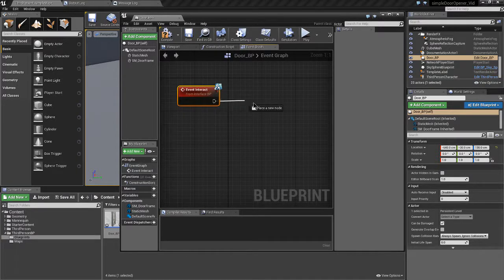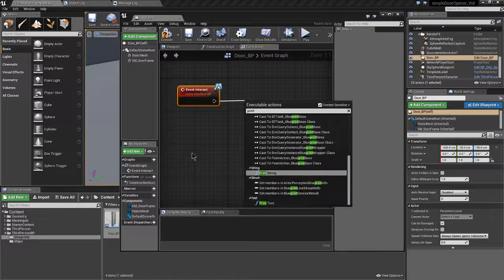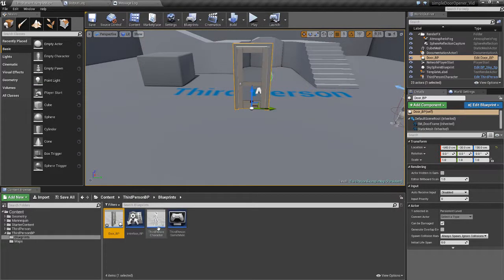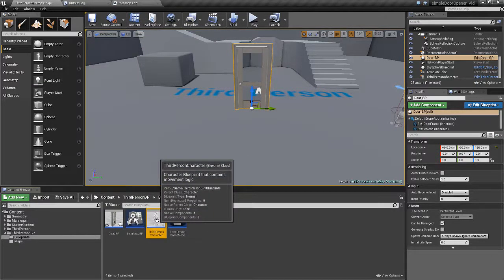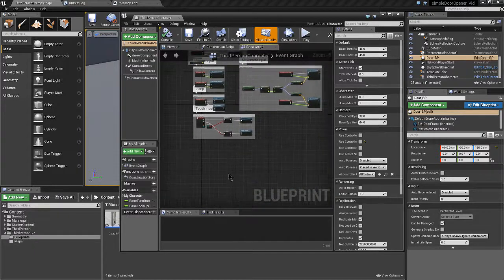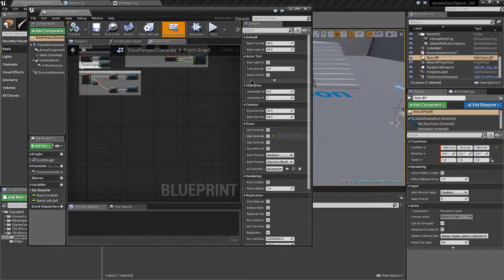And just for now, we'll get it to print a string. And we'll just get it to print the message "interacting with door." Okay, so that's the door set up and ready to receive events. So now inside of our third person character, we're just going to find a space at the bottom here,